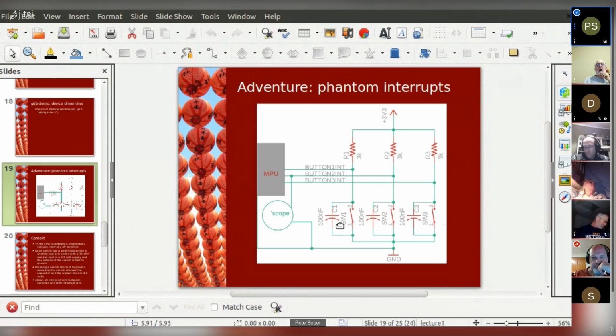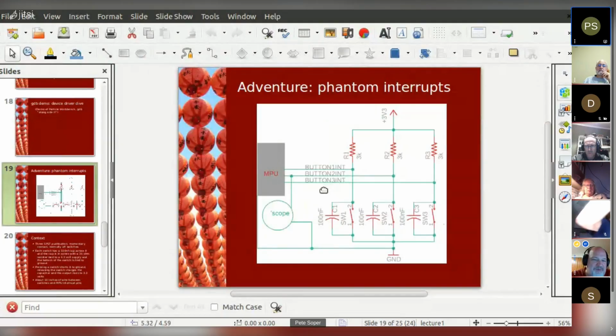And it seemed to work great until I started pressing on the first switch and began getting interrupts on the second interrupt line. And if I press on the first switch enough, I get interrupts on the third interrupt line.